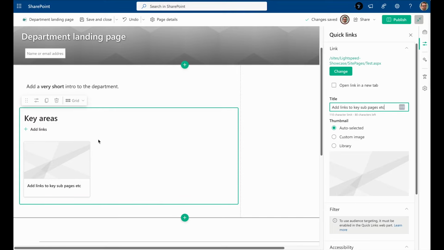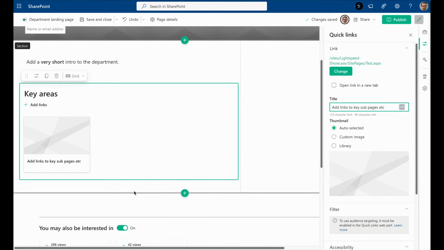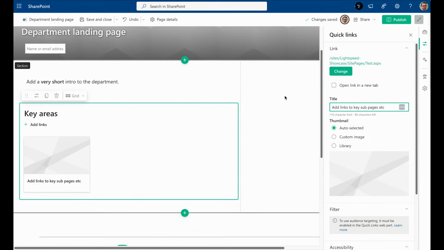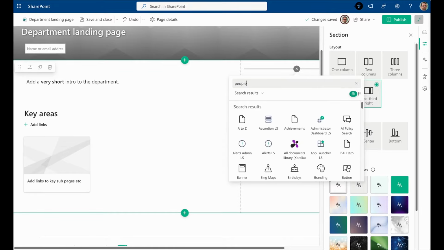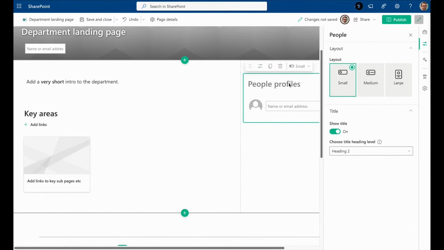I could add more links to give other examples of the kinds of things that I want people to add, but in this case I'm going to leave it as is, just for time purposes. On the right I'm going to add something that we'd always typically want to have, which is a person or a key contact. So this might be a page contact.